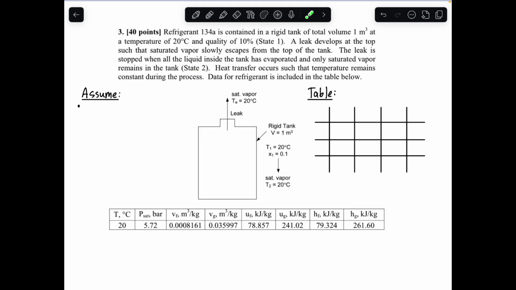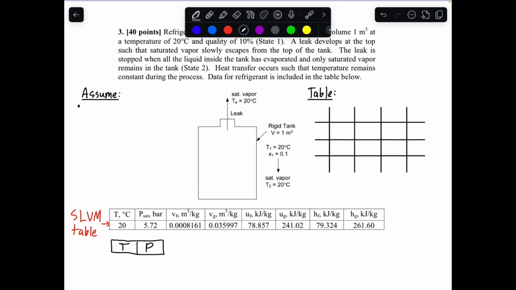Heat transfer occurs such that the temperature remains constant during the process, and data for the refrigerant is included in the table below. Okay, so this data in the table below, just a quick note on this. This is what they're talking about down here. And this table is actually just a cut of our SLVM table. And so it looks a little bit unfamiliar maybe because we're more used to seeing our SLVM tables in a format where they give us temperature and pressure, and then they have a section for liquid